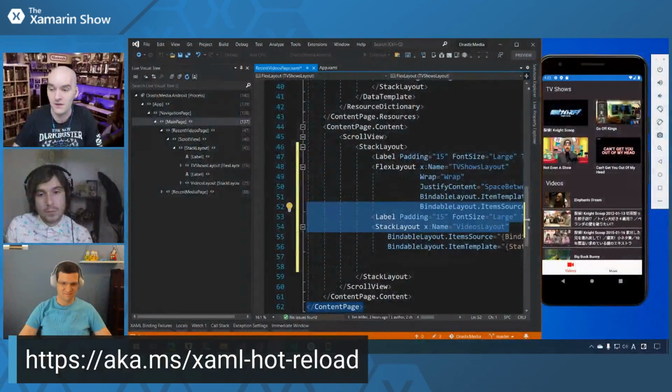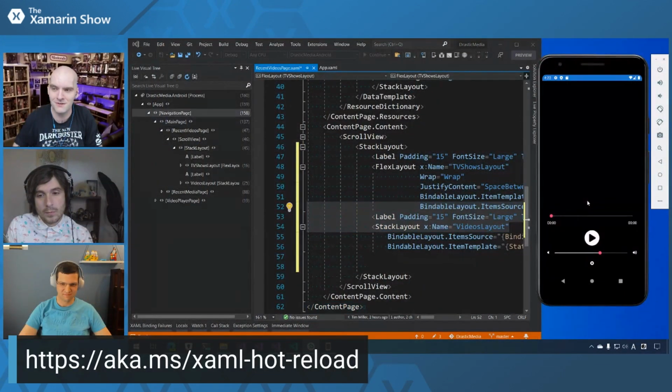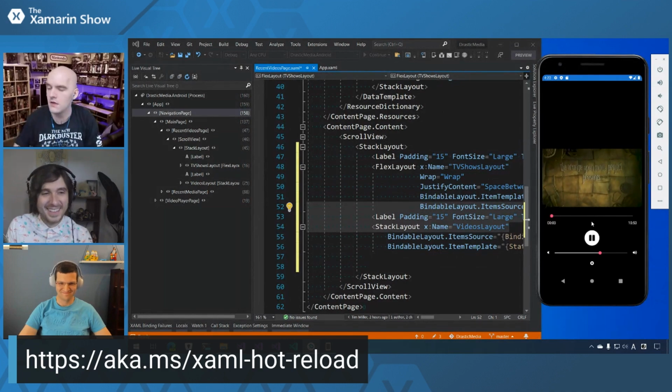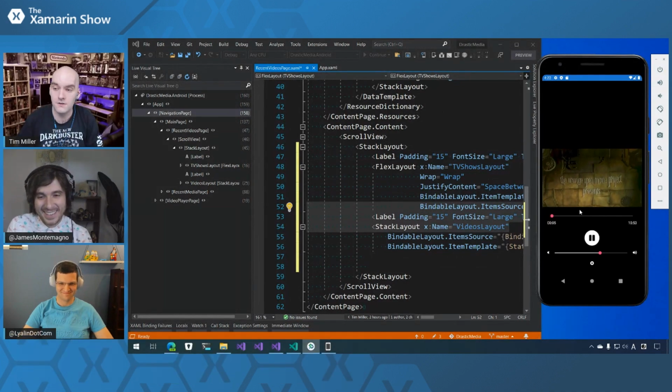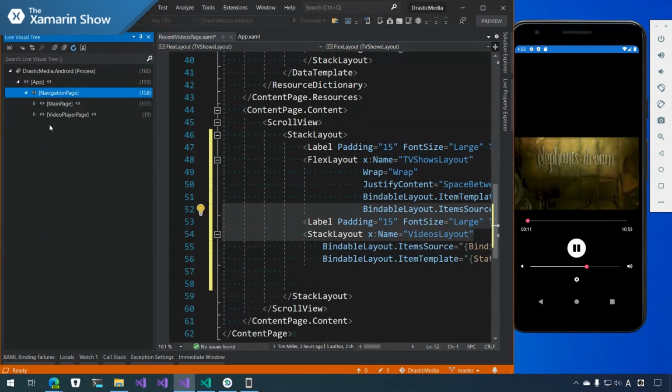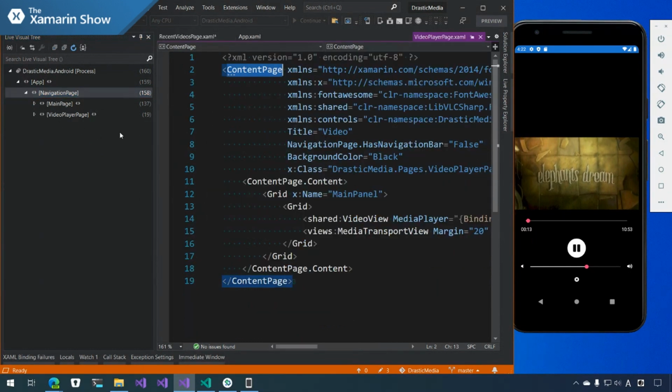I'm going to load up this video here. I'm going to pick the open source video because I know we won't get flagged for copyright. So we have the video loaded here, and this is using VLC for its video playback. I have the controls here, and you can also see LVT. You have the navigation page, video page right there. So I'm going to click on that.